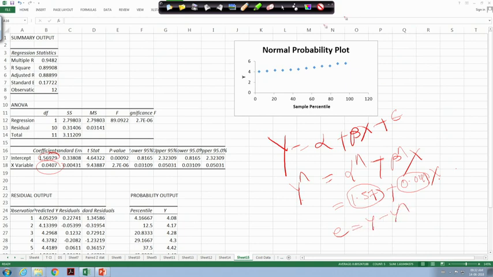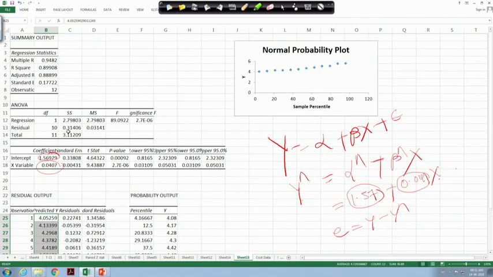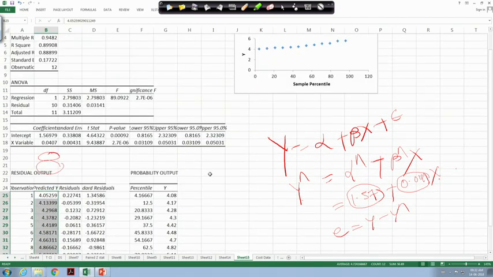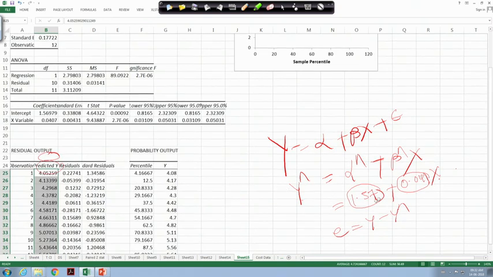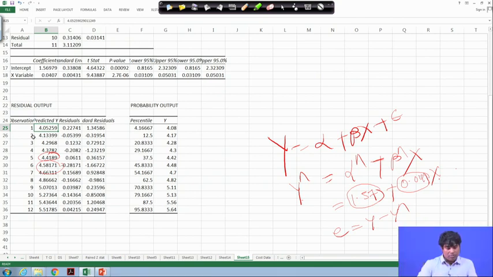And that is how, in the extreme below, you will find the actually predicted equation, that is 1.57 plus 0.04 x. So, now for every x, if you put the x value, you will get the y cap value. As a result, for every x we have a predicted y, and for every x we also have the actual y, and the difference by default will give you the error terms.